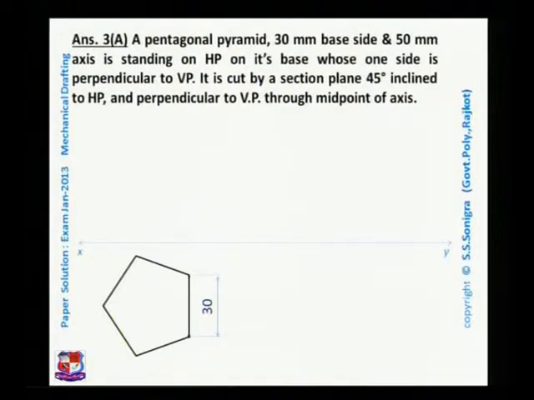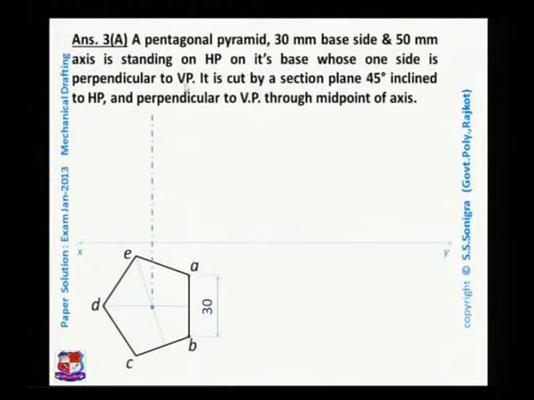Now after drawing this top view, let me name the endpoints point A, point B, point C, D and E, and find out its axis. To find the axis of this solid, we have to join the points of this corner to the midpoint of the opposite line segment, that is, the midpoint of BC and E. Similarly, the midpoint of AB and D are to be joined, and both these lines will intersect at one point, and this point is the midpoint of this pentagon or CG of this pentagon. So from that center of gravity, draw a center line, and this center line represents the axis of this pentagonal